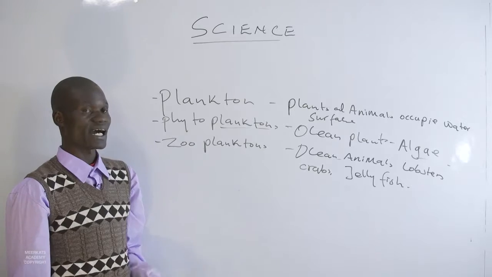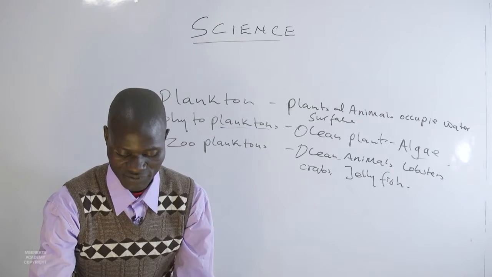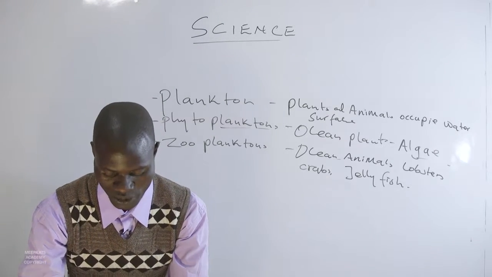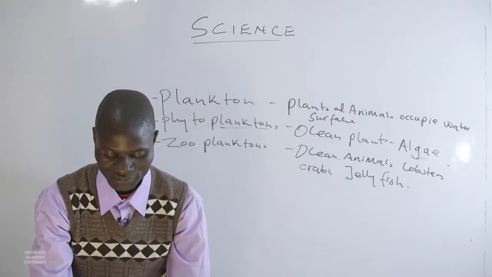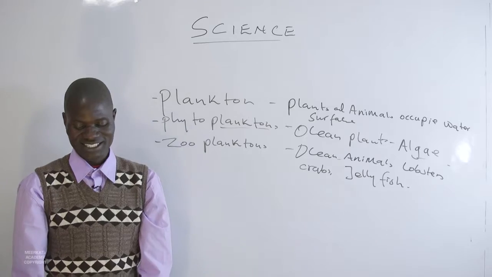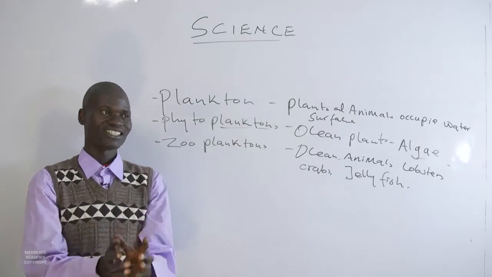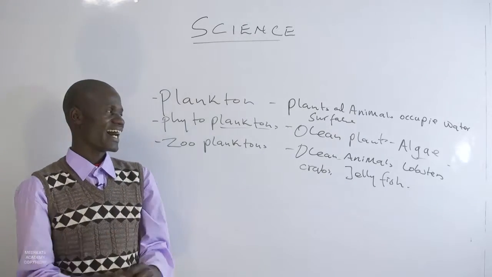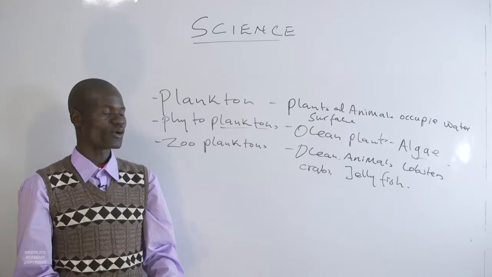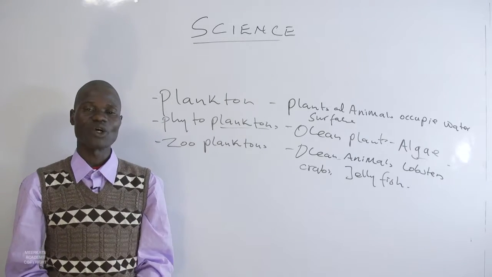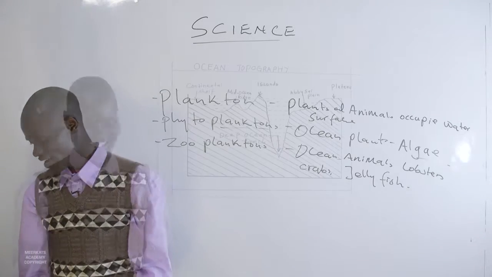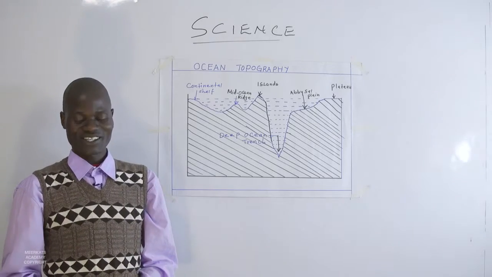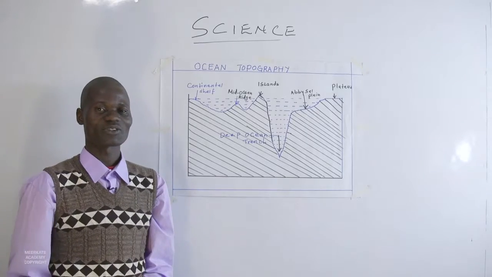the features that are associated with ocean topography so that we could find out what is important in the ocean, what is found in the ocean, and the associated features of the ocean making up the hotspot of the ring of fire. Now, when we look at our chart on the ocean topography,